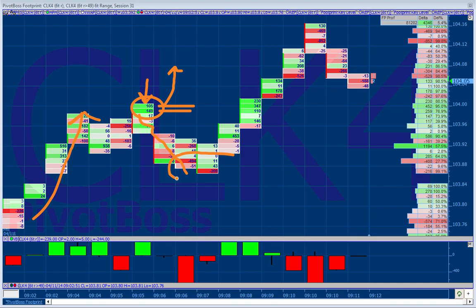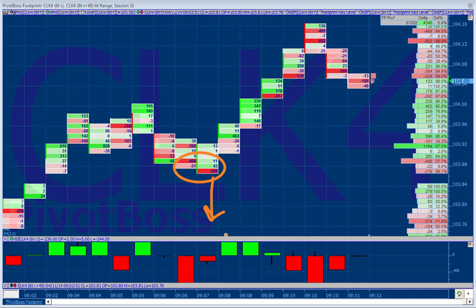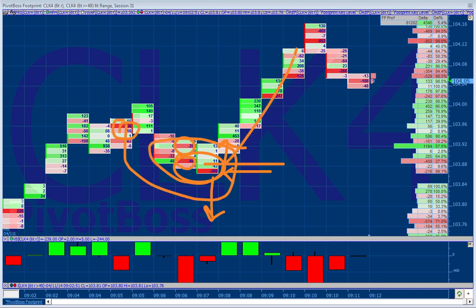And look at all of the sellers that come in here. 500, 50, and 200 more. Okay? 750 contracts come in sell side at this price. And again, what happens? You ask yourself, what should happen? Well, if big sellers come in, price should go down. What does happen? Price goes up. Uh-oh. This guy right here is toast. So is this one, so is this one, so is this one. They're all having to cover.